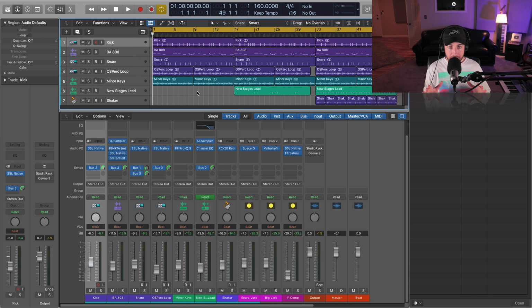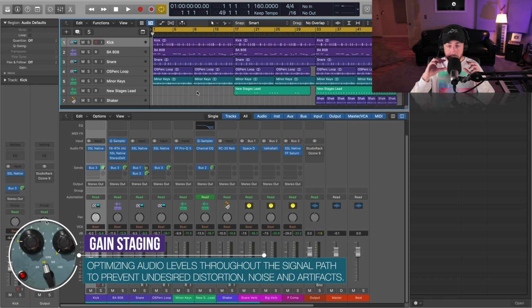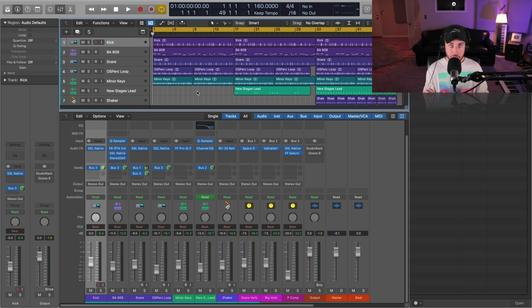Very quickly before we dive into the thick of this, if you have no idea what gain staging is, it is just simply optimizing the gain or the level of our audio throughout the entire signal flow, right? So you've got a gain stage here just with my preamp, amplifying the microphone. Then that may go into, say, a hardware compressor. You've got an input there, and we're optimizing these to avoid any unwanted distortion or noise, so a noise floor, or an artifact. If I just play back this beat, we don't have any clipping, even on the stereo bus. I do have the limiter off right now, but just seeing that we have healthy signals here.